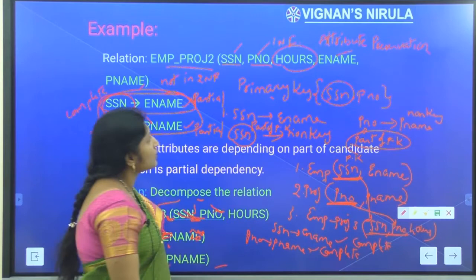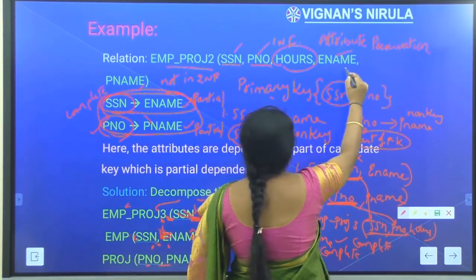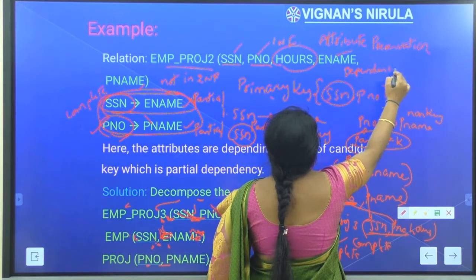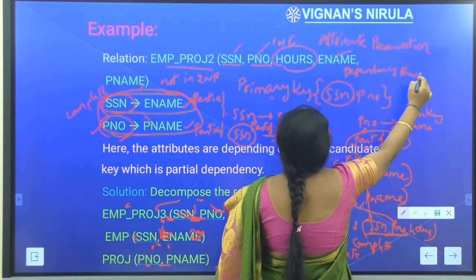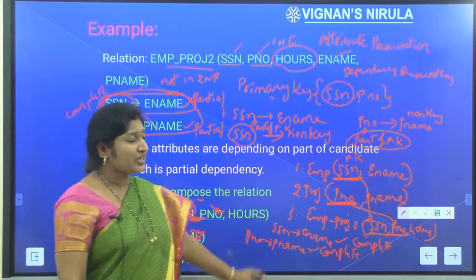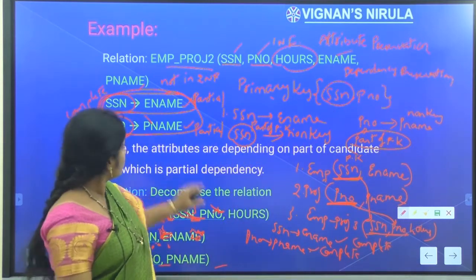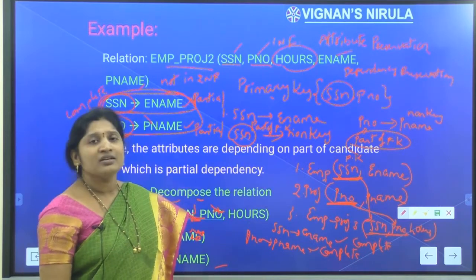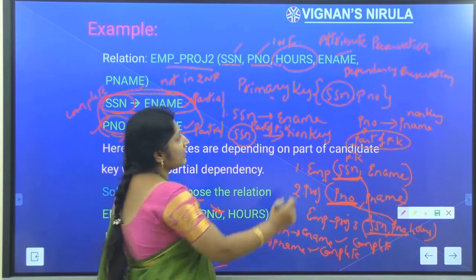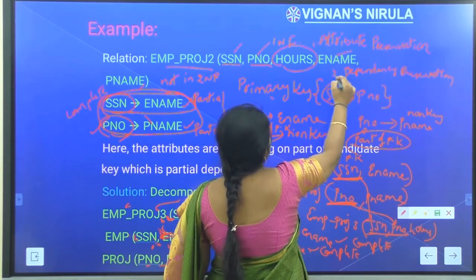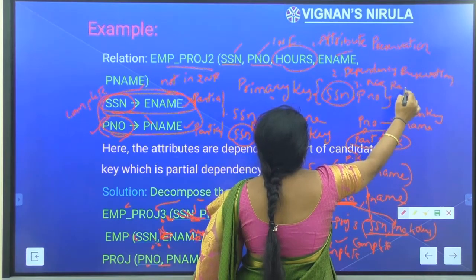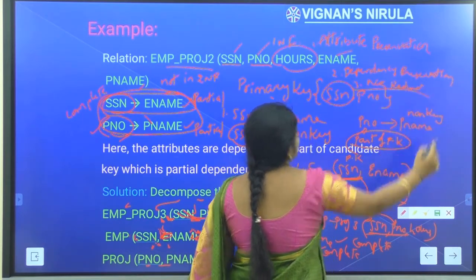Okay. So the second property of your decomposition is dependency preservation. What is the meaning of dependency preservation? All the FDs that hold over the basic table should be present in at least one of the subtables. Both FDs are holding in the subtables. So dependency preservation is also done during my decomposition. The third property is no redundancy. We have avoided the redundancy also.